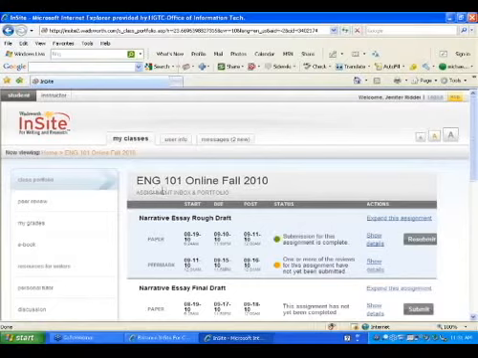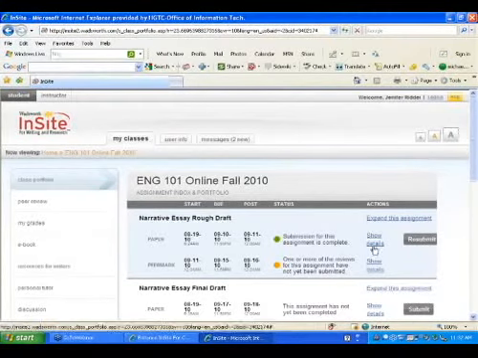To submit any assignment, first check the start and due dates. If the start date is not the current date, then you won't be able to upload the paper. However, if the start date is already passed, then you will be able to submit a paper. Here the student user has already submitted a paper, so the icon in gray says resubmit instead of submit. If this was the first assignment, it would say submit only. If you click on that submit link,